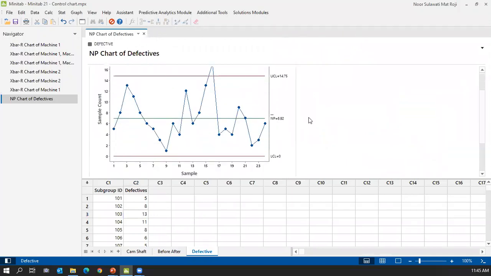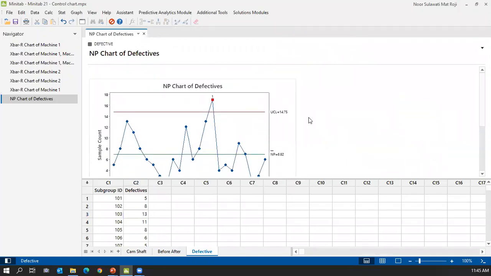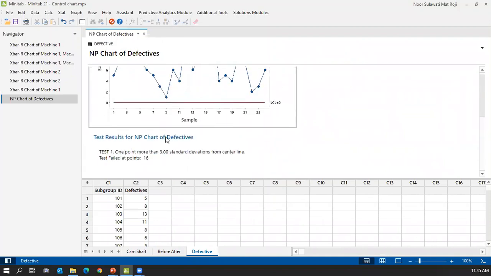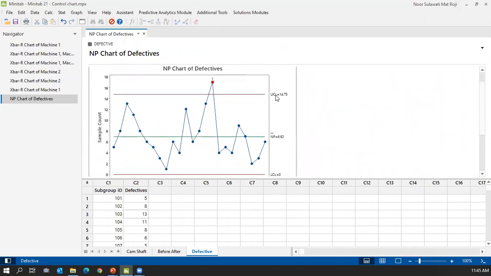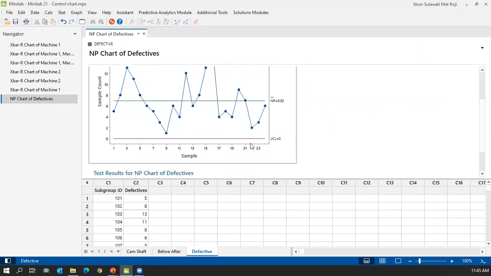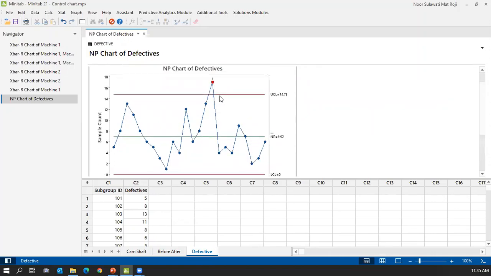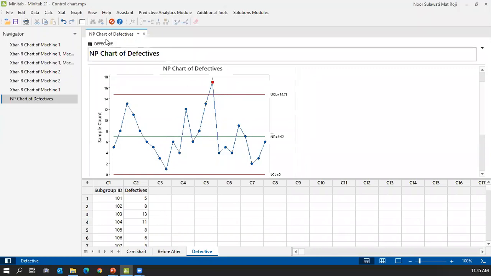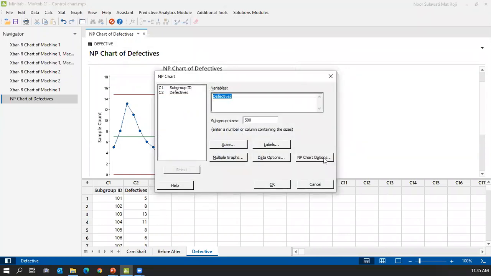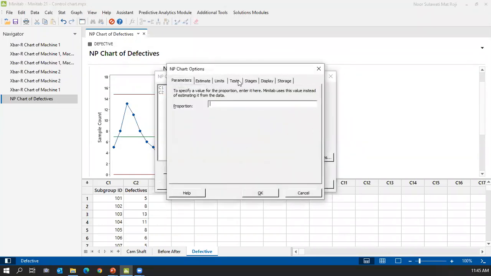So now you get the NP chart. Based on this NP chart, one point here, the sample is sample 16, is outside the control limit. Whether it's outside the upper or lower limit, we consider that the process is out of control. It's out of control. So all these things, maybe you want to check other tests, go to the test, and